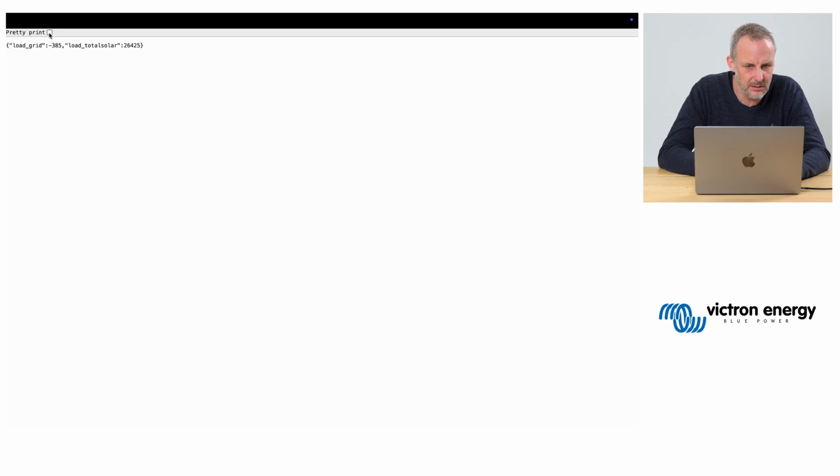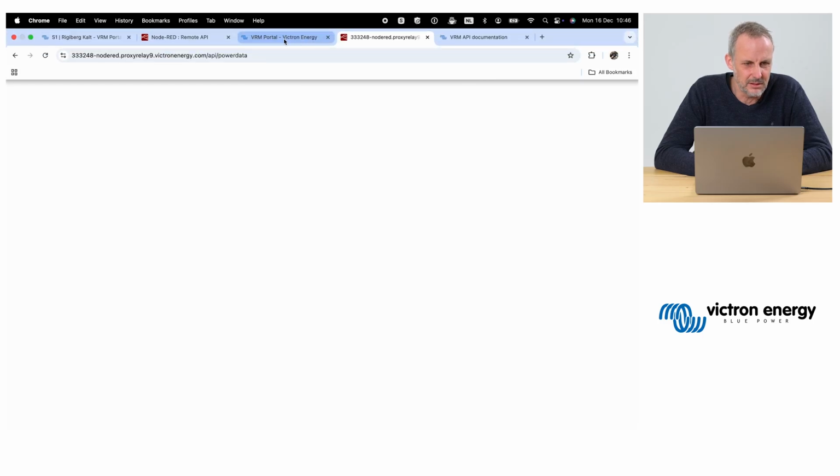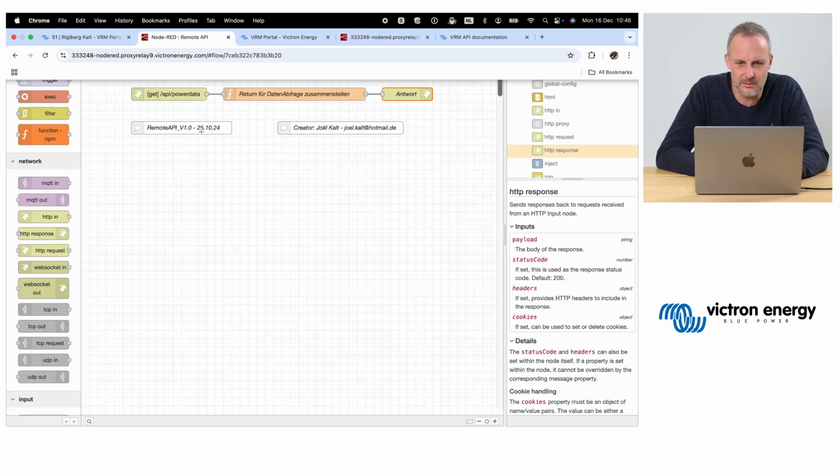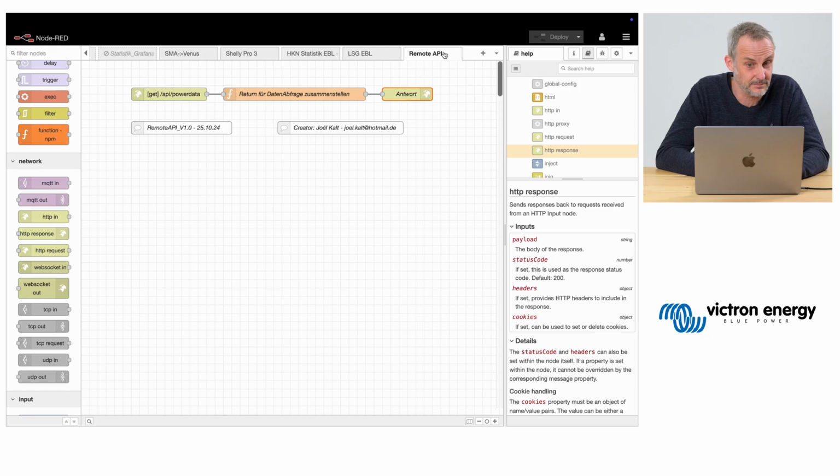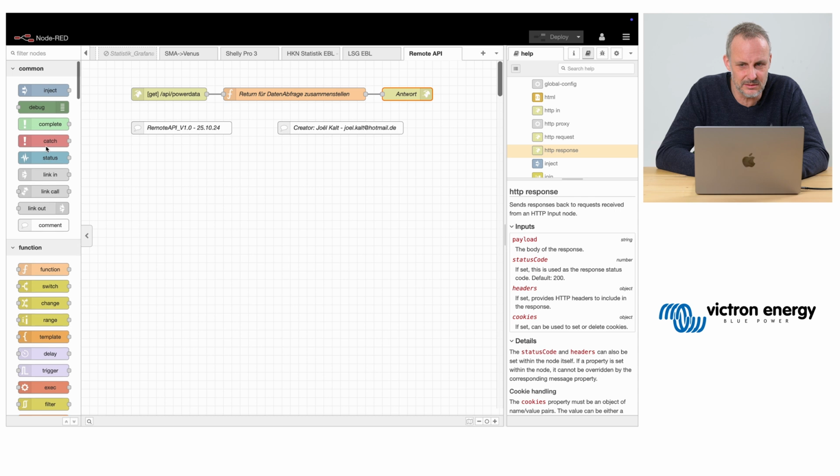Remove that, and then it should get the data, which it does. So this is a way, if you want to use something like Home Assistant to get data from your Node-RED install, you can use these nodes. This is nice. Yeah, and that's the last one.